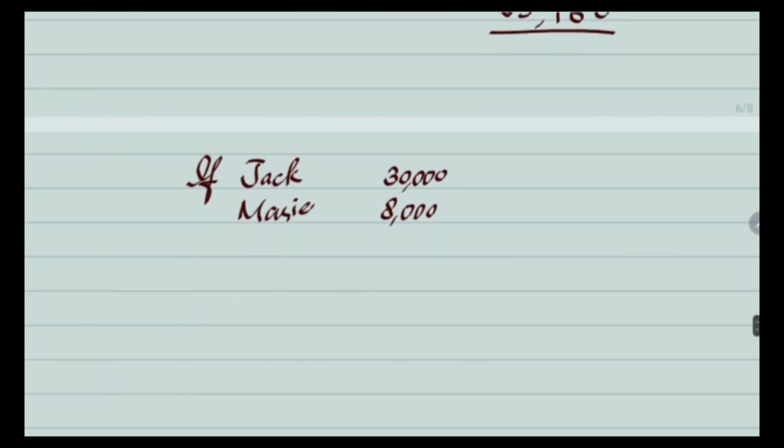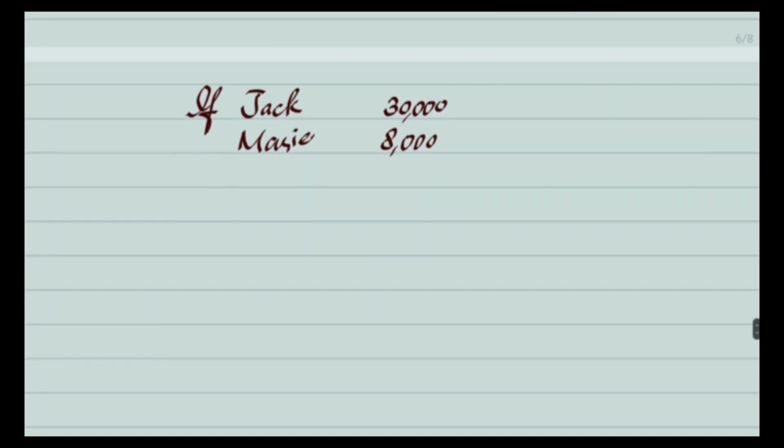Now we need to consider the implication of a transfer of personal allowance, or you can say marriage allowance. What is the benefit for the transferor and transferee in combination? For example, Jack, one spouse, has a total income of 30,000 and the other spouse, Mary, has a total income of 8,000. What would be their combined tax liability in case they decided not to transfer their marriage allowance or personal allowance to the other party? So in that case,